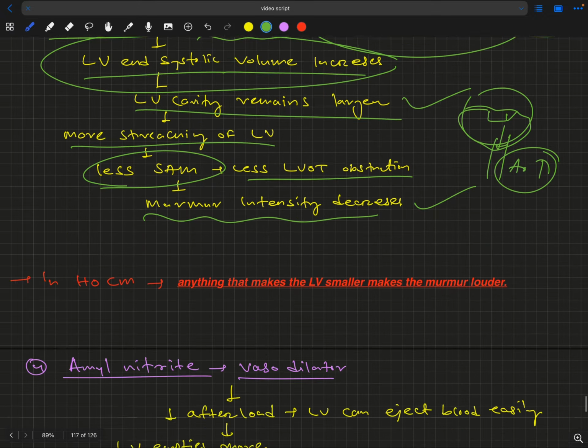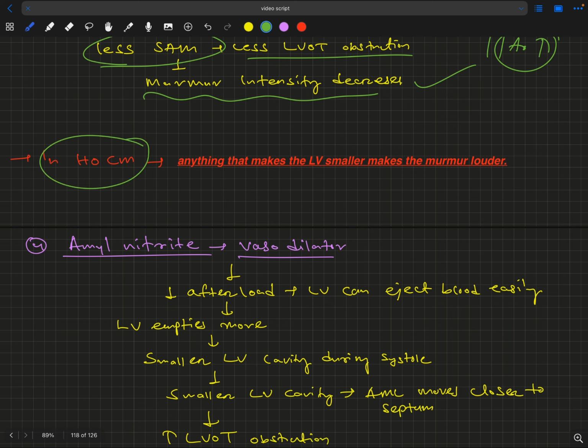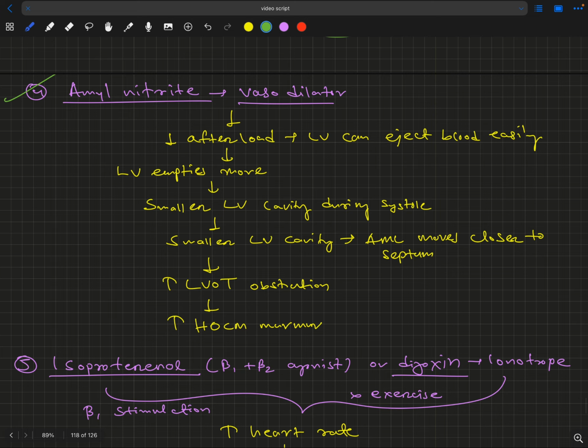We discussed the mechanism. So in HOCM, anything that makes the LV smaller makes the murmur louder. This is also seen in case of mitral valve prolapse. Anything which makes the LV bigger, or the left ventricular volume increases, will lead to a less intense murmur. So on inhalation of amyl nitrate, which is a vasodilator,